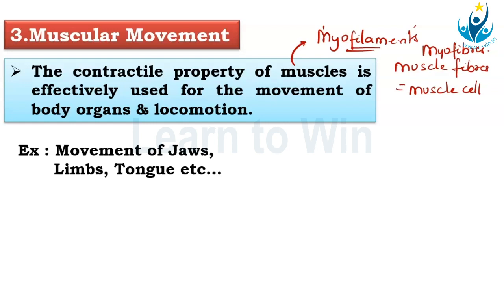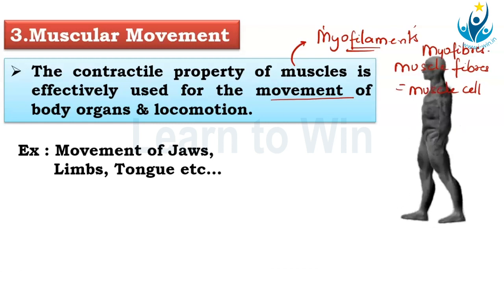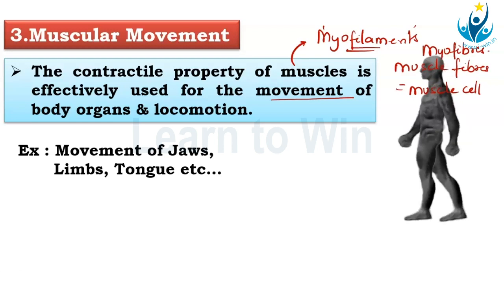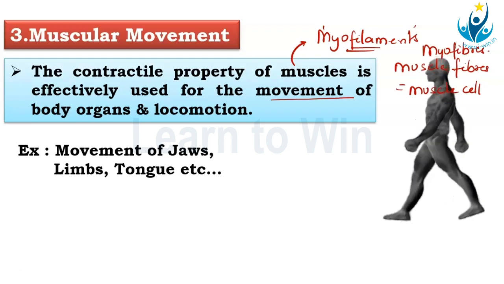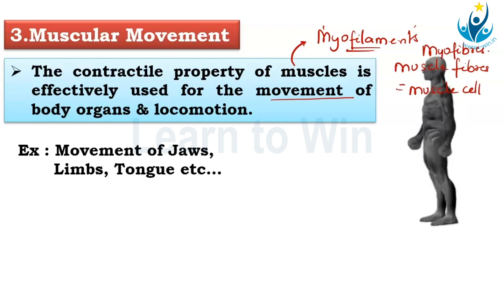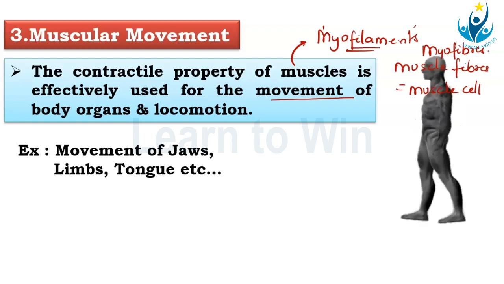And what it does is it creates two things: movement of body organs, like movement of the neck towards some direction, the movement of the head, the tongue, the jaws. Internally, there is the heartbeat, the circulation, the peristaltic movement of the alimentary canal. All of these are movements of the body organs. And then there is locomotion, where there is the movement of the organism from one place to another. The human being moves from A to B, B to C. So both this internal movement and locomotion in humans are based on the muscular movement.